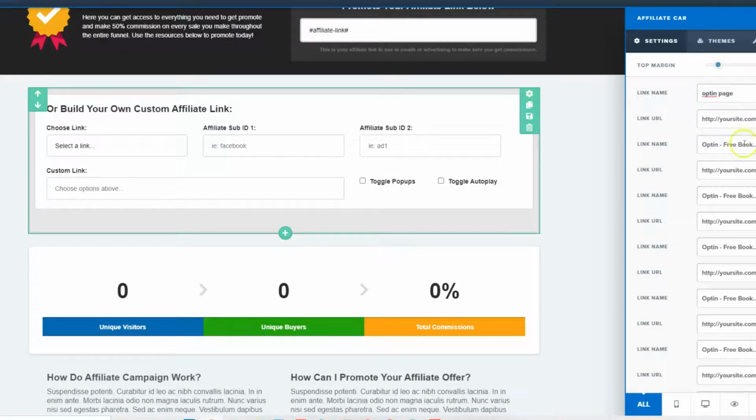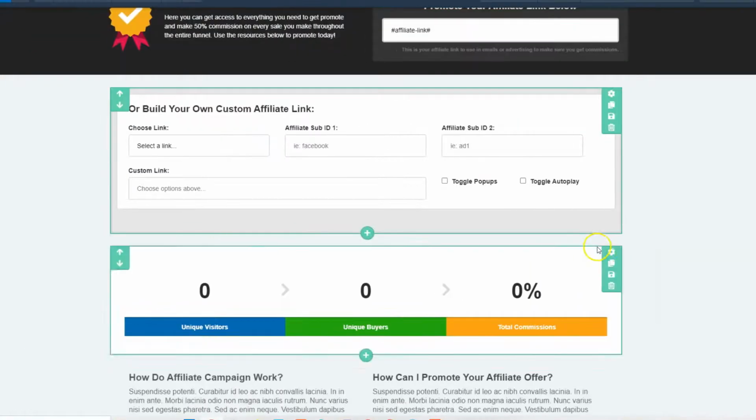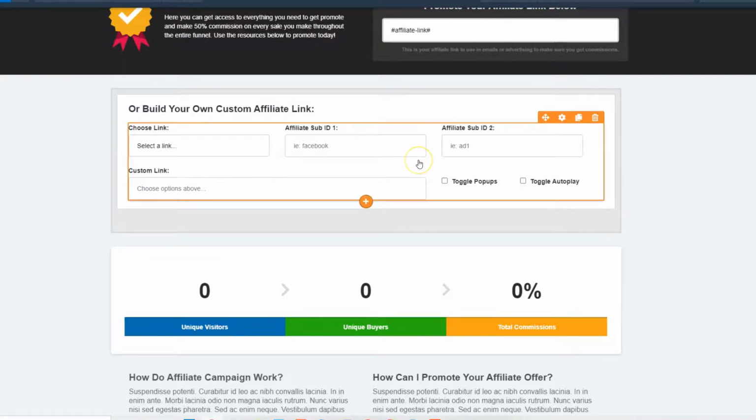add it here. Then you can just add the link of your affiliate opt-in page. Then sales page 1, I will add the link to my sales page 1 here. If you have another sales page, you can give it a name, sales page 2, then add the second sales page link here. Then if your affiliate wants to directly link to your order form, then they can create another affiliate link. So just put the URL of your order form here. So that's the use of this custom affiliate link element.